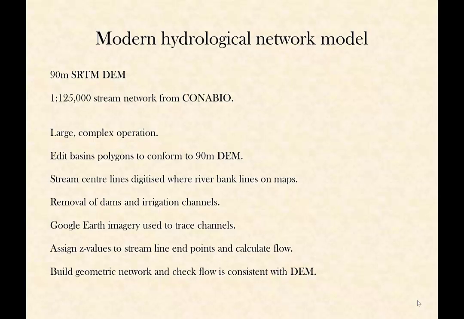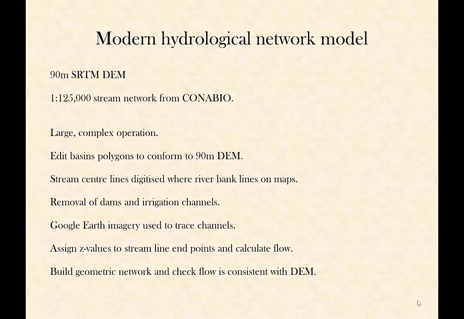I had to do things like, with the river lines digitized on the maps, they digitized the banks of the river. So we had to digitize center lines where they had digitized the two banks rather than a center line, so there was lots of that. The maps also had dams and irrigation channels, so lots of human-based stuff. We had to delete all that, remove it from the layer. There were various places where channels were missing because they hadn't been drawn onto the map, maybe because they've been covered up by agriculture or something like that, difficult to know. Where information was missing, I used Google Earth imagery and traced the missing bits of stream network